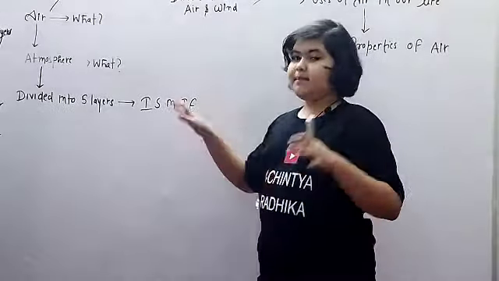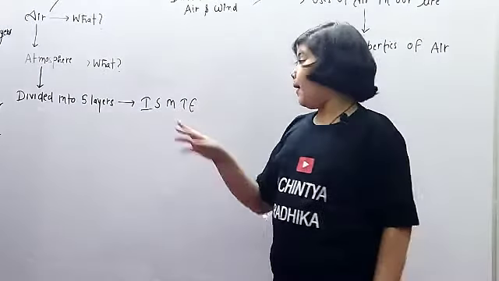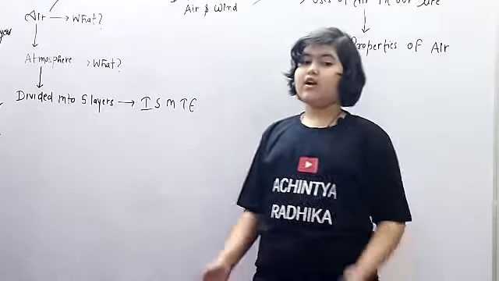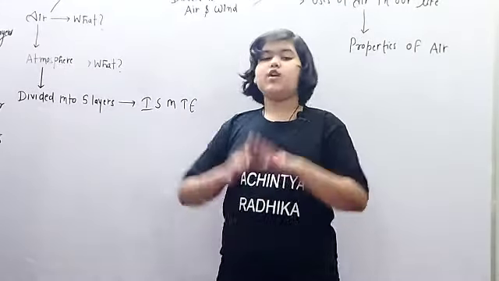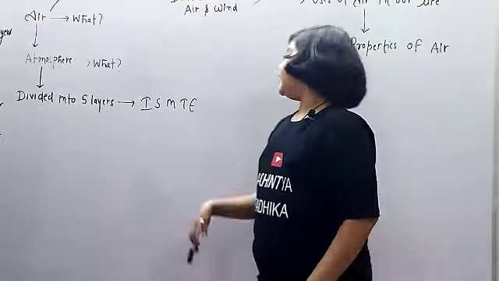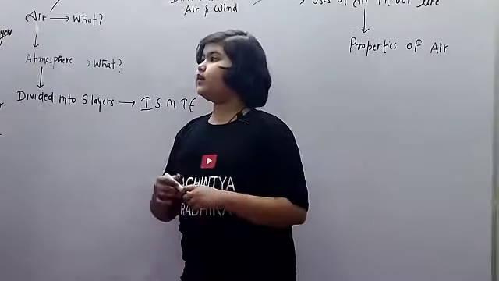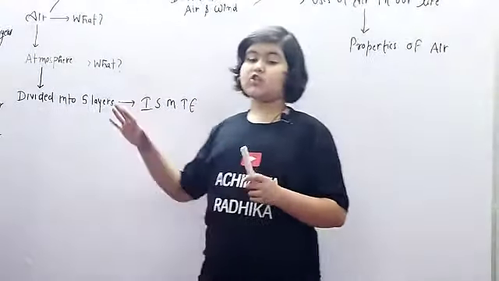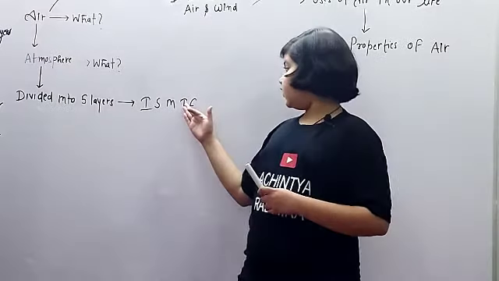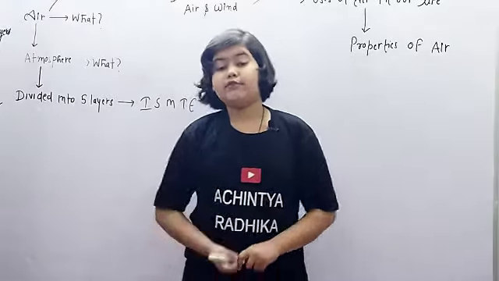It's the fourth layer, but the mesosphere was the coldest layer, right? But from the name only we can see thermosphere. So the thermosphere is the hottest in all the layers of our atmosphere. You know what? The space shuttles are going into the thermosphere only. It will go into the thermosphere, and from there